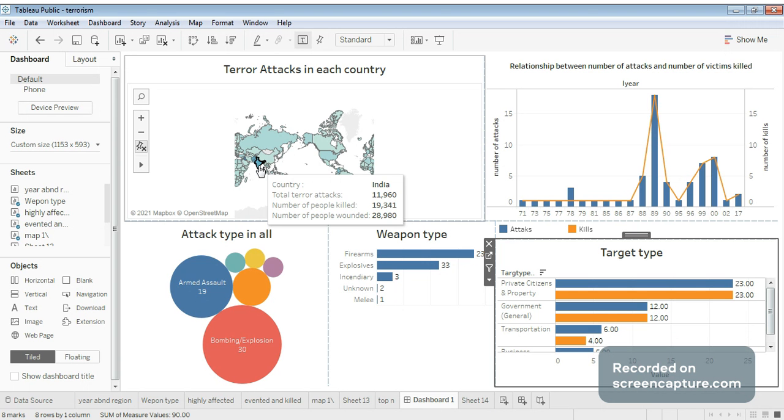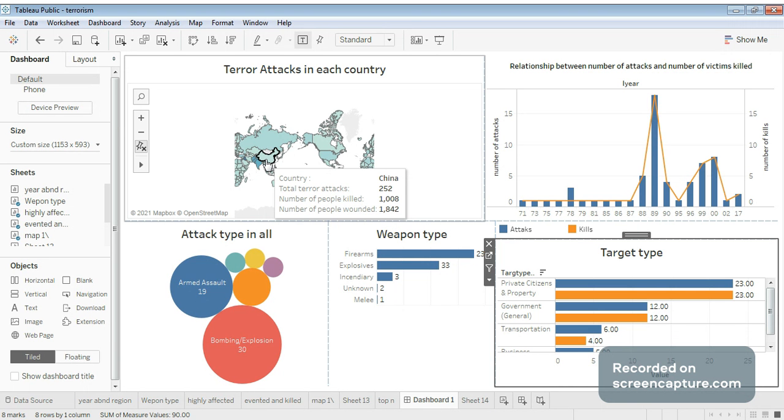For example, I'll show you something else as well. This is China. When you hover your mouse over China, you see the total terror attacks, number of people killed, and number of people wounded. So when I click on India,